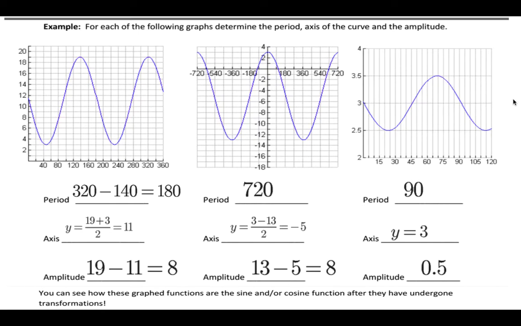Okay? And so we can actually see these are your sine and cosine functions. And so we're going to look at how to actually